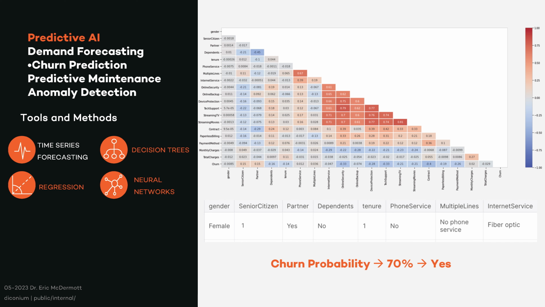And that will help us drive decision making. It'll help us do our marketing, personalization. And this is one of the best reasons that you would implement such a churn prediction model.